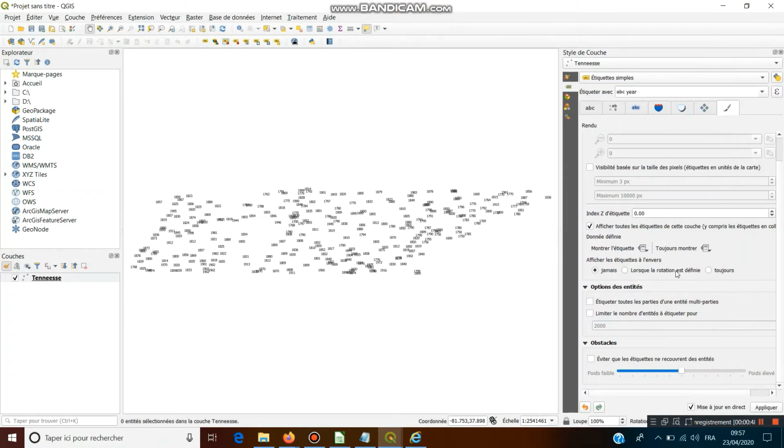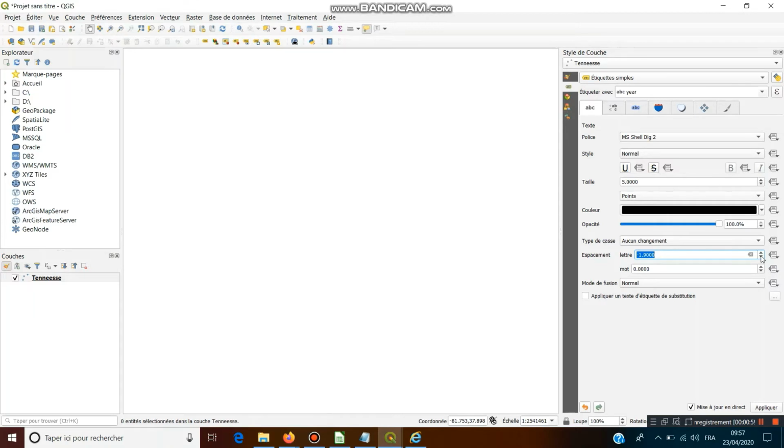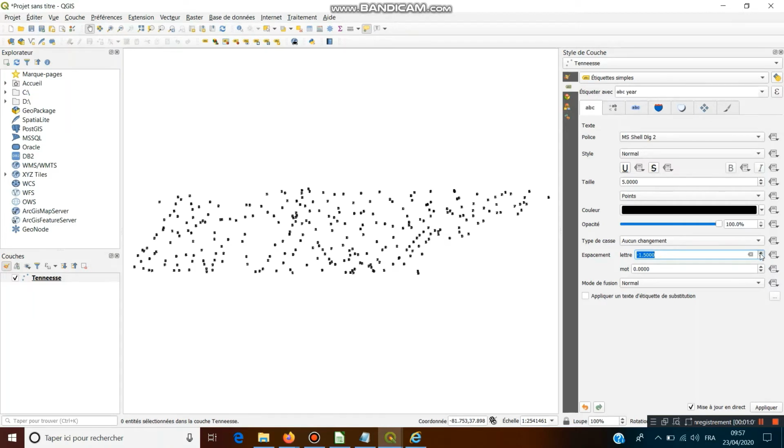We can also make the years look like dots, but afterwards it will not be exported. So in Inkscape we can do this.